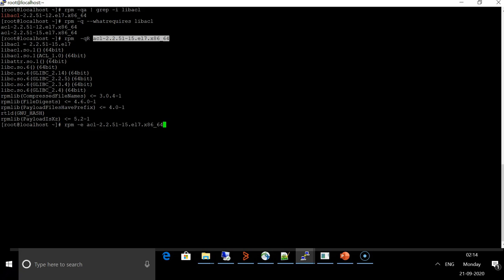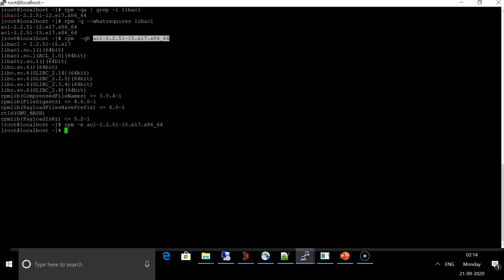We strongly recommend BladeLogic administrators to involve the system administrators on the server and take their opinion before uninstalling or installing anything. Now this is my test server. I know what the problem here is, so I'll just quickly uninstall this particular RPM here.